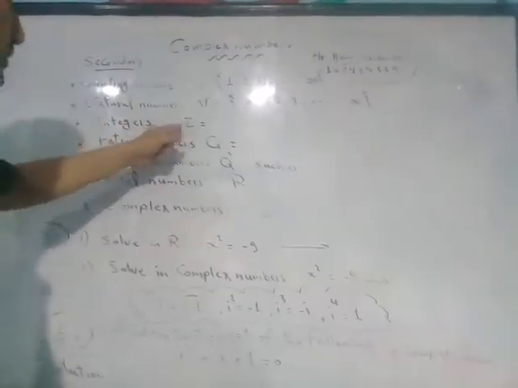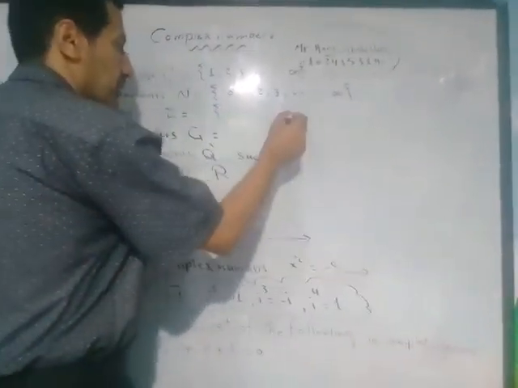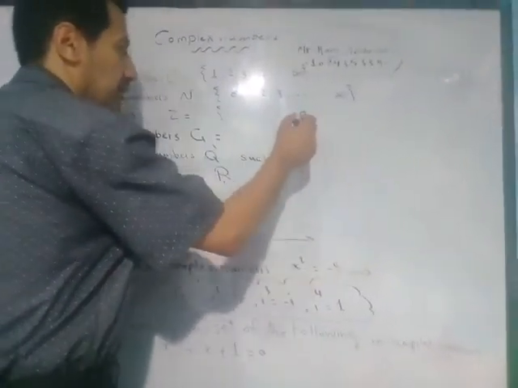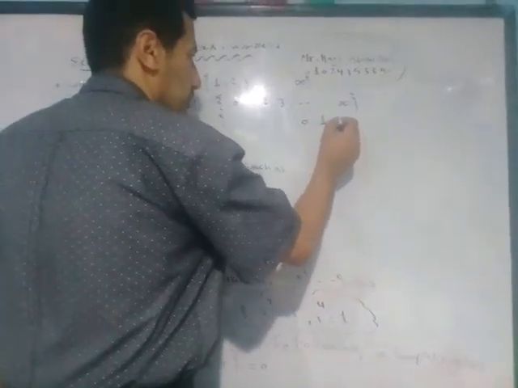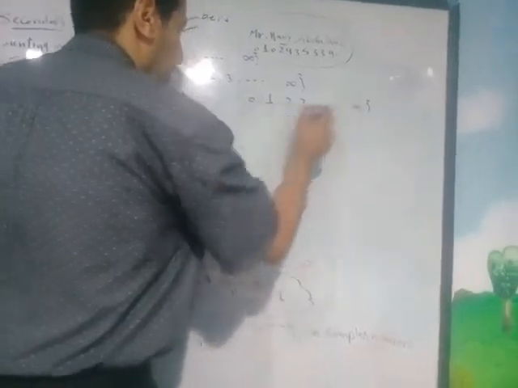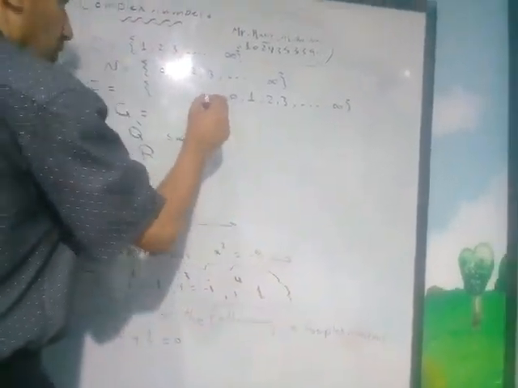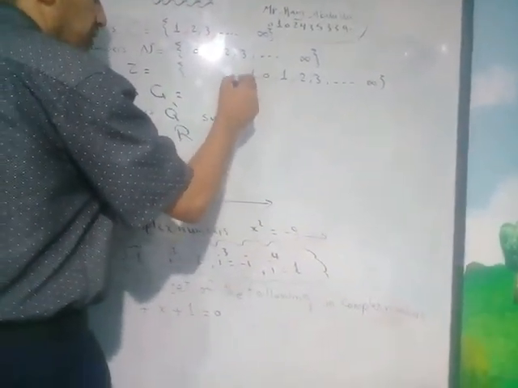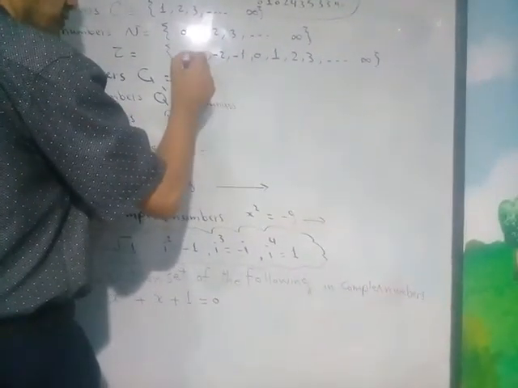Next, integers Z: 0 in the middle, all positive numbers to positive infinity, also all negative numbers to negative infinity. Next, rational numbers Q,